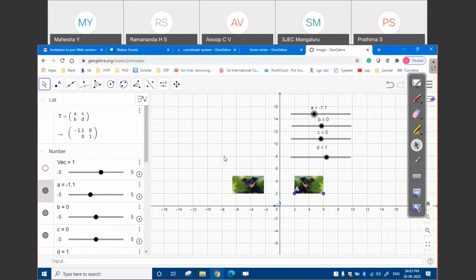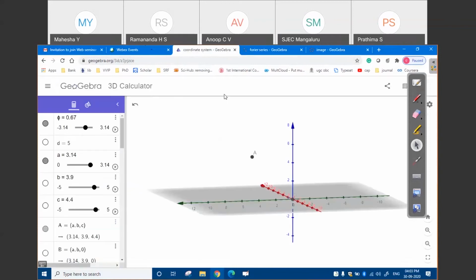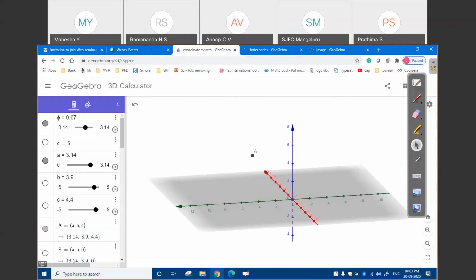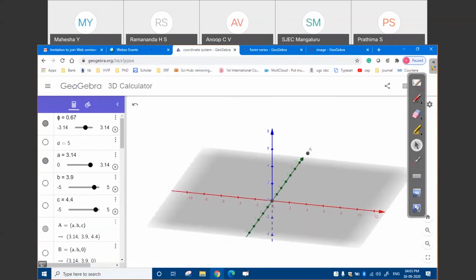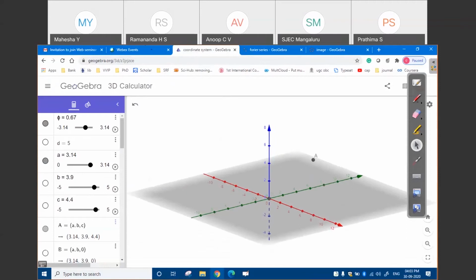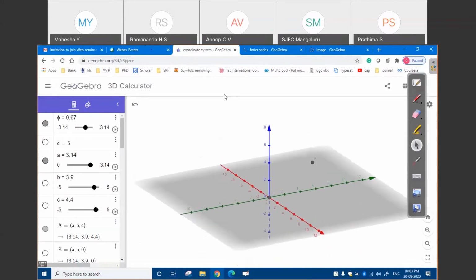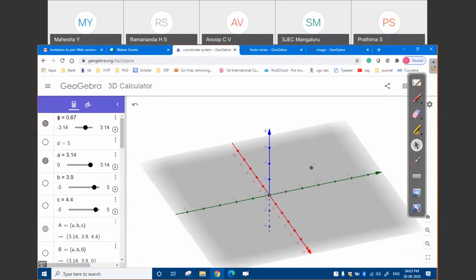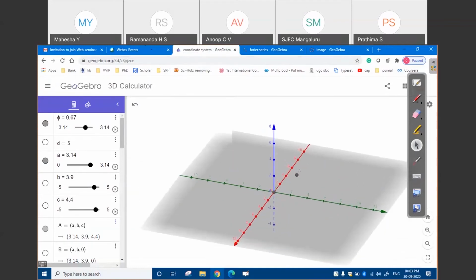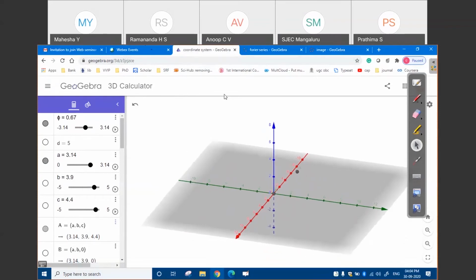Here I am using the GeoGebra Classic app. Earlier I used GeoGebra Calculator. Now I am using GeoGebra Classic app. So I am moving to the last example, that is using GeoGebra in 3D. This is something which I am currently using in a subject, where I need to teach the students about a point A, representing a point in 3 dimensions, and how I can reach that point with the different coordinate systems.